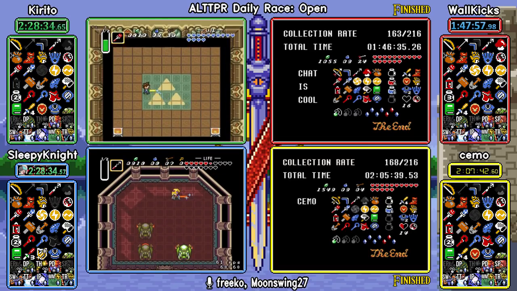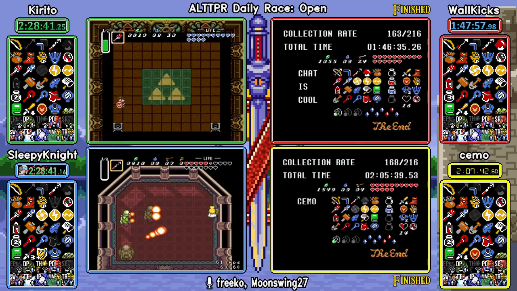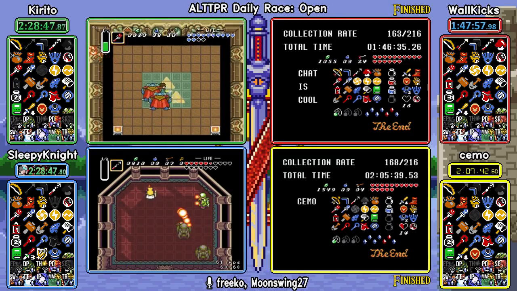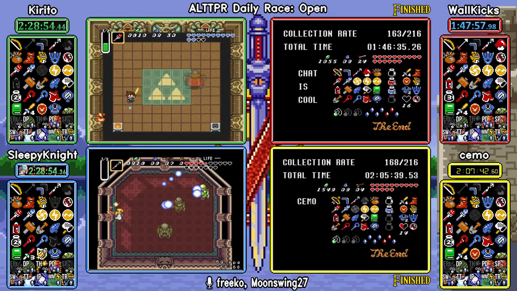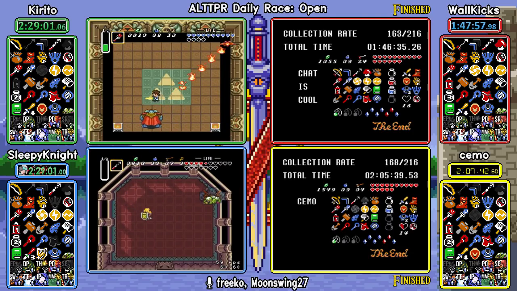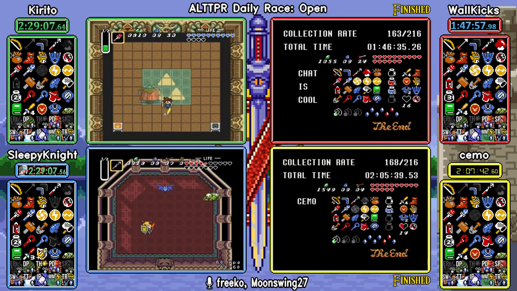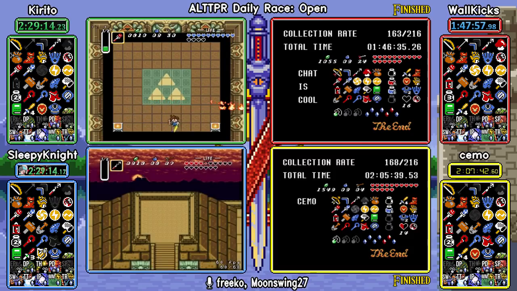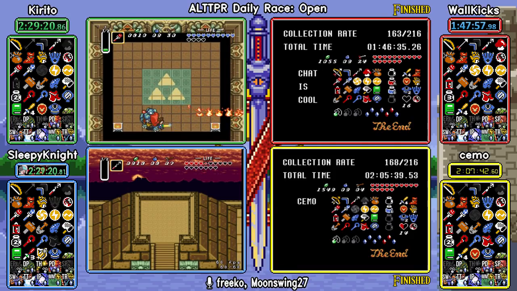And Kirito, I believe, also had the unfortunate mishap of missing the torch glitch. So hopefully he'll be able to get it this time around. Oh no, doesn't even go for it this time. Sleepy Knight is in the geometry fight. Kirito is trying to put the finishing touches on a Ganon fight, and I believe there's potential for a few